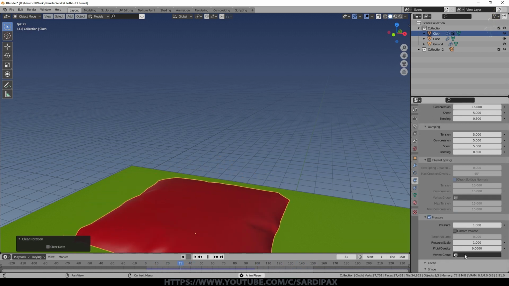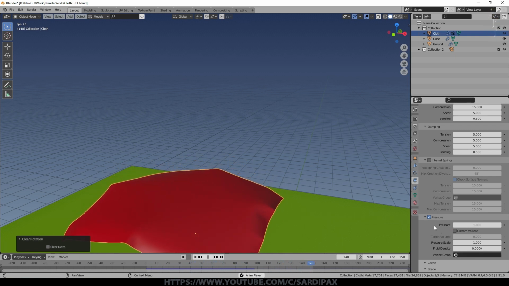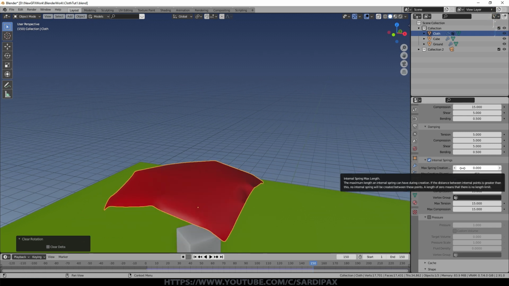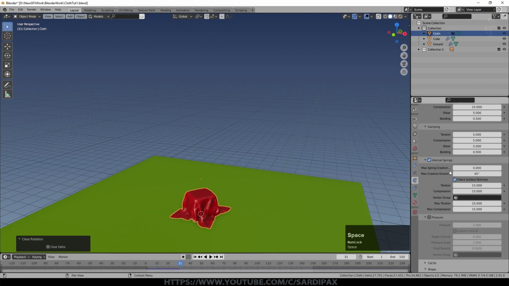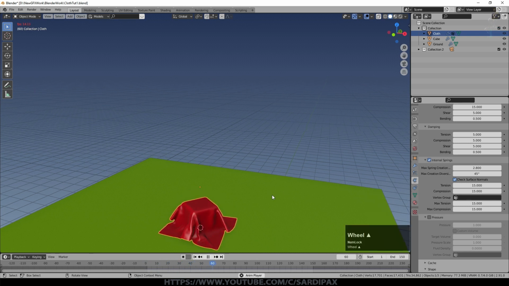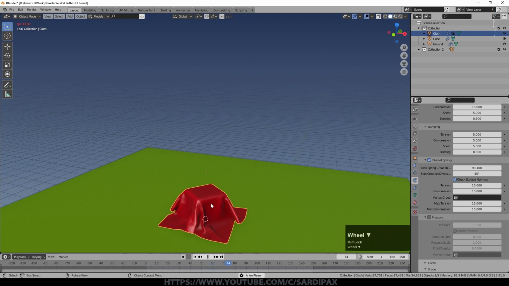You can specify that it only affects certain parts of the mesh by identifying vertex groups here. We've got internal springs. I've never yet used this, but obviously this is going to add a certain amount of springiness to the cloth that will be defined by this. So if I just put that in there, we've turned that up a little bit, but you can't see an awful lot on there. It's a stretchiness effect. Even at a very high value, it's not looking that different.